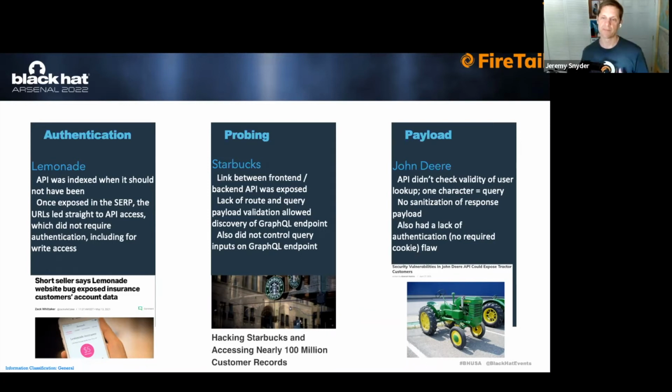So we look at payload inspection in a case like John Deere. What we saw there is, you could actually interact with the API in real time, issue one character at a time queries. There was nothing on the API checking for the valid structure of a query. So that could be either in the form of a request parameter or in the form of a payload. In this case, it was request parameters. So any single character could be passed to the back end to discover more functionality or to try to trigger a response. Now, their case was actually coupled with a couple other things like some bad authentication protocols.